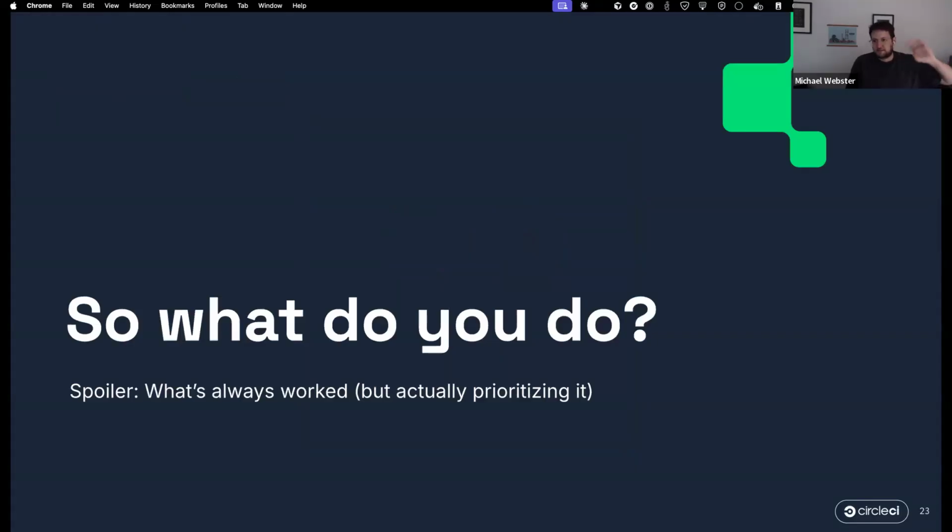Okay, so we've talked about context. We've talked about the overall speed increases that are occurring. So how do we put this together into something that we can do effectively to address these problems of more code coming in, but our delivery process still being a bottleneck? Spoiler alert: it's probably stuff you've been wanting to do for a really long time.